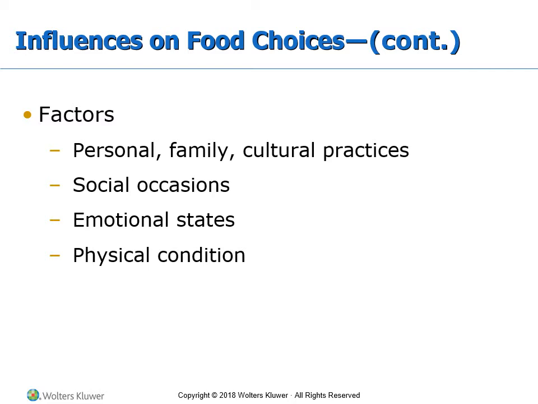Looking at emotional states, we know that some people eat when we're happy and we're celebrating. We eat when we're depressed, lonely, bored. And looking at physical condition, again, can the patient actually cook for themselves? This is why we have programs like Meals on Wheels. You notice that as the elderly become more frail, they're unable to physically cook for themselves, right? Lifting cast iron, standing in front of the stove for long periods of time. All these things become more difficult and influence that transition to easier to prepare foods, this reliance on microwavable meals, etc.